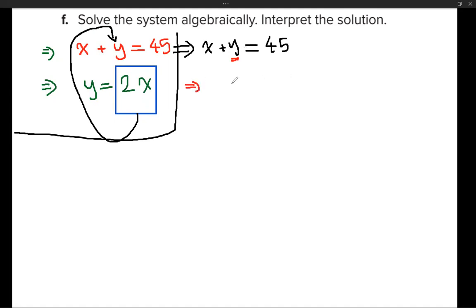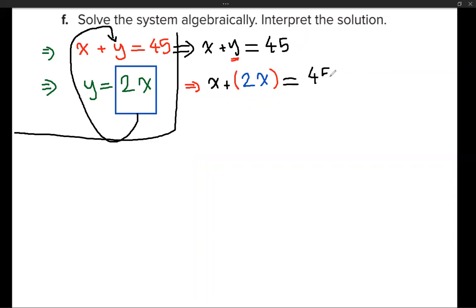This time, instead of writing y, what should we write? We should write 2 times x because it is the value for y. So we open parentheses, and between them we put the value for y, which is 2x. It is given by the second equation. And of course, we continue the same equation as it is, so we write equals